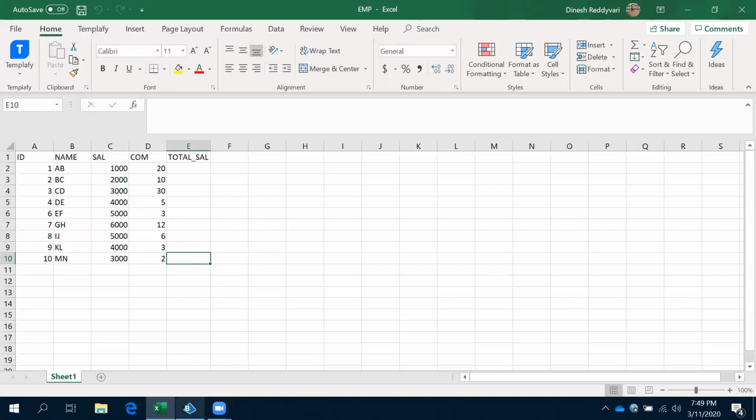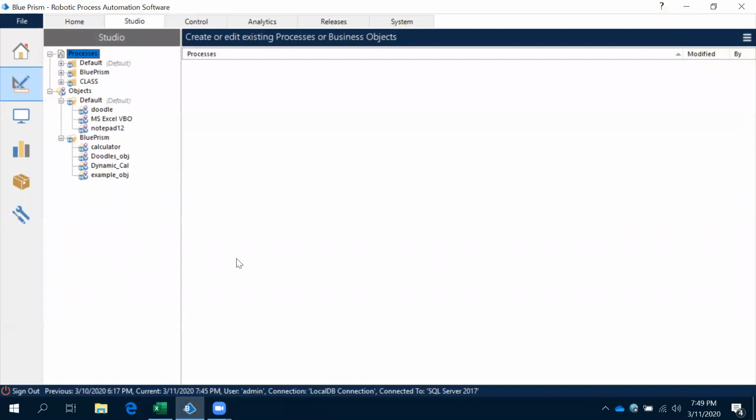Before using that, as we discussed in the last class, we need to import that MS Excel VBO into your objects. Once we import this MS Excel VBO, only then can we work with this particular Excel file. Now, what actions are we going to use and how do we work with MS Excel VBO?